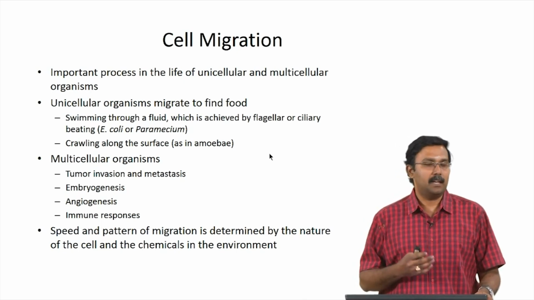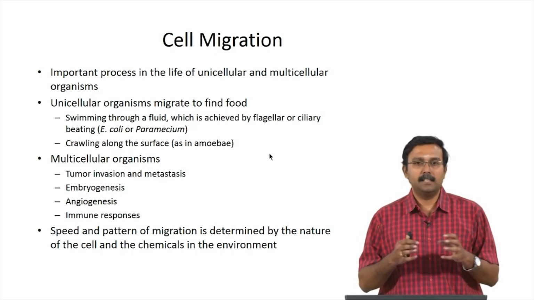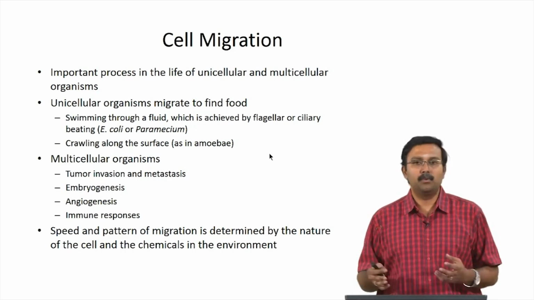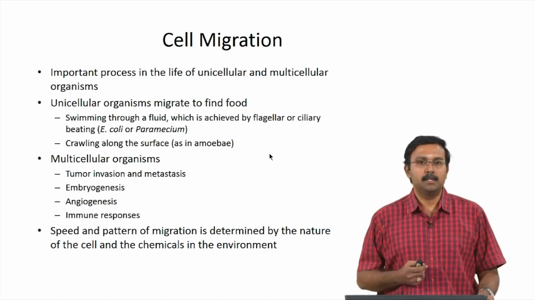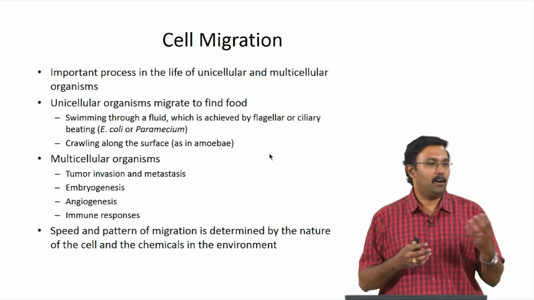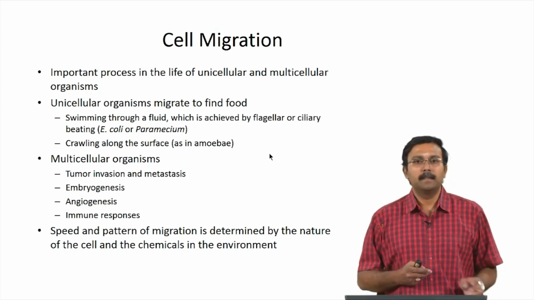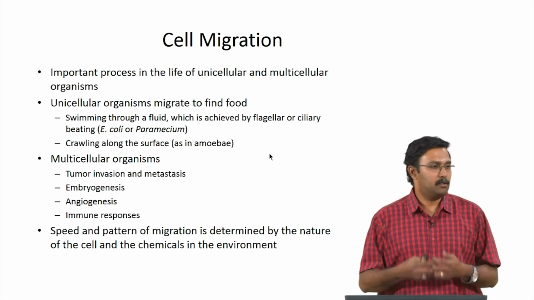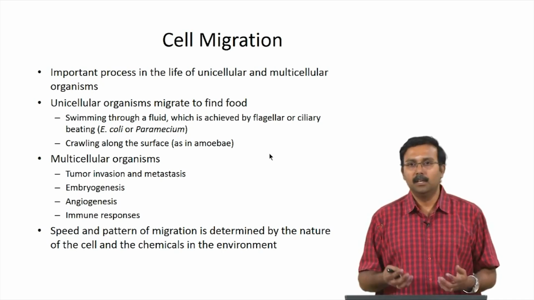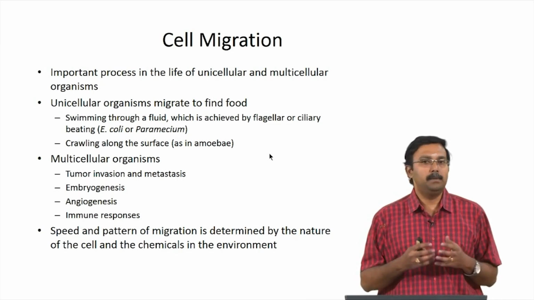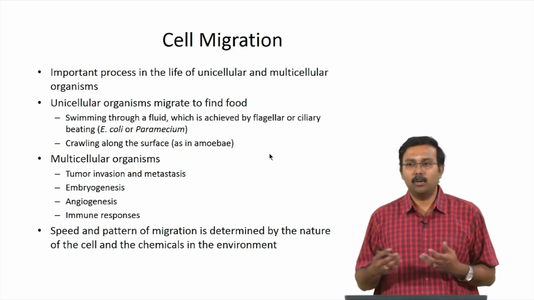For a unicellular organism, it is usually for finding food. So, the cells migrate, they usually swim through a fluid, try to find if there are nutrients which they can use, right. Or they can also crawl on a surface as an amoeba would do. Multicellular organisms also do cell migration, but for more complicated processes. It is not just for finding food, it could be for tumor invasion, metastasis, embryogenesis, angiogenesis or immune responses and